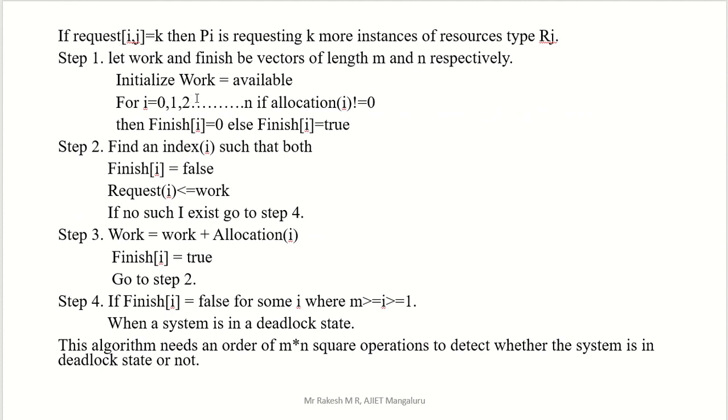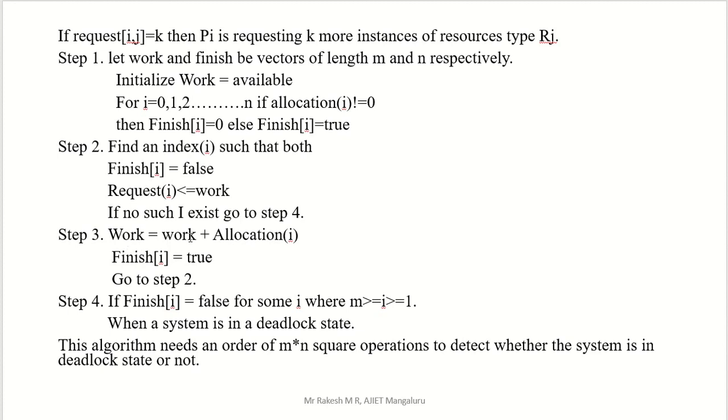Here, what is the algorithm? First, you have to initialize Work equal to Available, same as in Banker's. Work is equal to Available. Then check whether Finish is true or false. If Finish is false, that means the process is not completed, then you have to execute it. How? First you have to check whether Request is less than or equal to Work. Request is less than or equal to Work. If yes, then go for